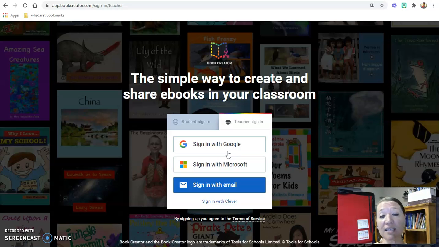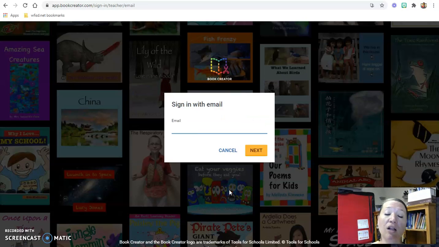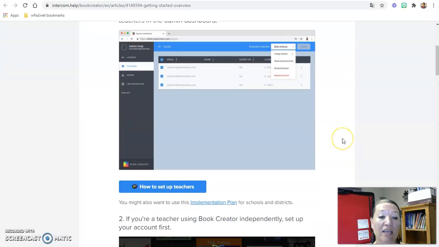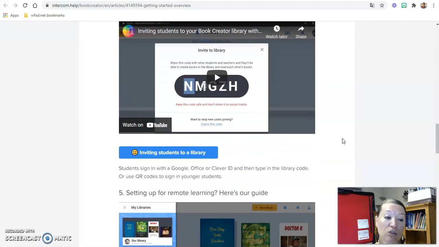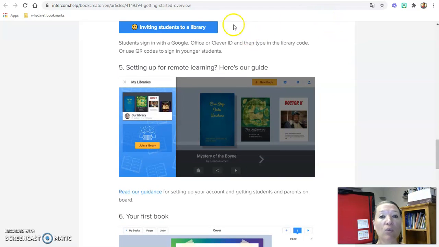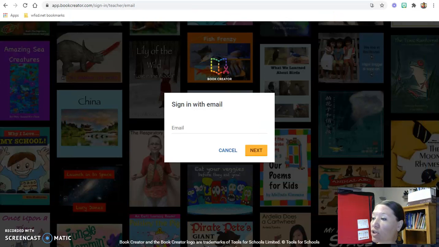So it's really easy to set up. Once you get here, you click on sign in with email and then you'll sign in using your email. If you don't have an account, then it's really easy. It'll take you through the sign up process and you'll receive a verification email that you verify your account with, and then you can get started. It even has some resources. So on your welcome email, it'll show you ways to use it. It'll give you a little bit more of a walkthrough and more resources. It'll show you resources that are available on the website itself,